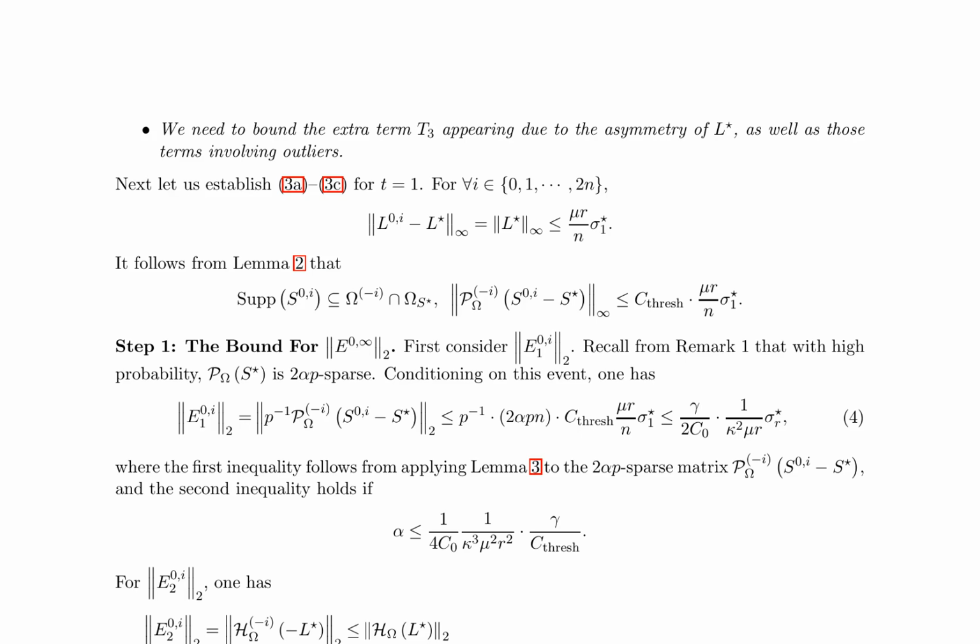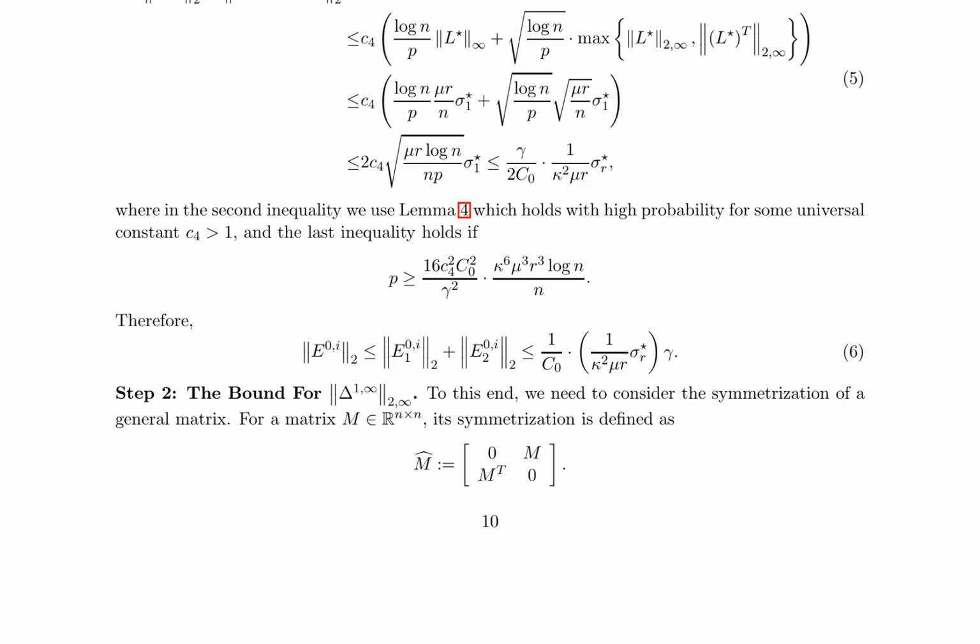For ‖E0 I2‖_2, one has ‖E0 I2‖_2 = ‖H_I Ω_L‖_2, which is less than or equal to ‖B_L H_Ω_L B_L‖_2, which is less than or equal to C4 (log n / p ‖B_L L‖_∞ + sqrt(log n / p) sqrt(‖B_L L‖_2∞) +